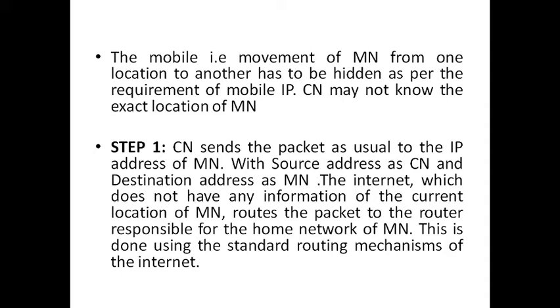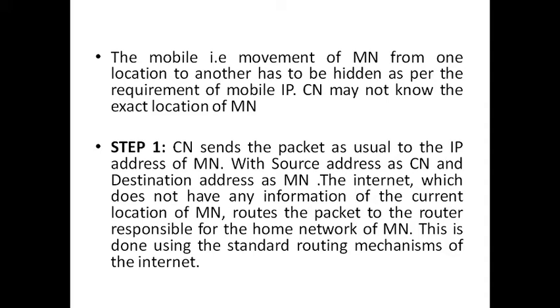So here it describes the packet delivery from the correspondent node to the mobile node. At the start, the correspondent node wants to send an IP packet to the mobile node. One of the main requirements of mobile IP was to support hiding of the mobility of the MN. As we have discussed in the requirements of mobile IP, transparency, invisibility should be there. So here also hiding of the mobility is seen. Now we will see step 1